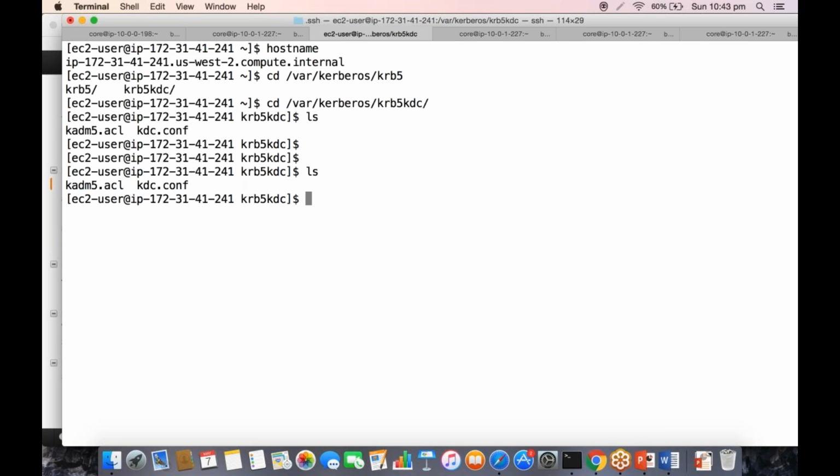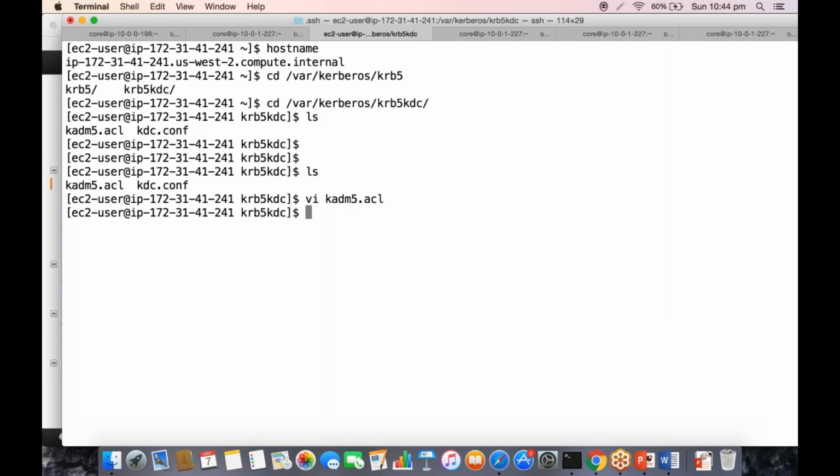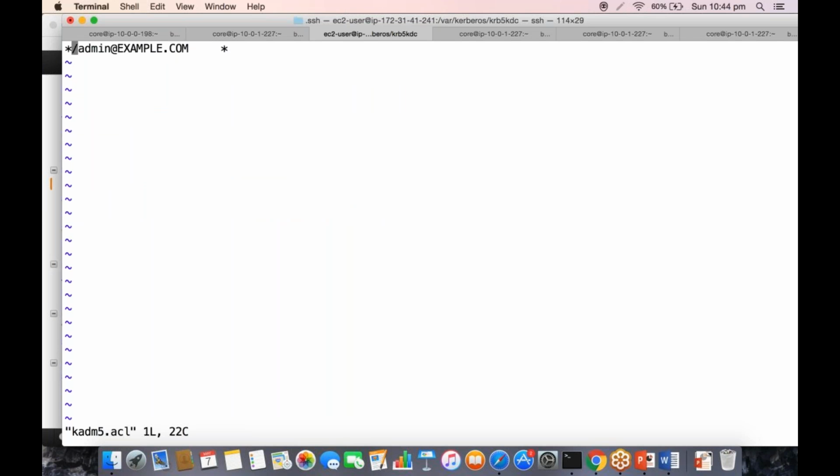And here also we have to be careful with the cases. There are some places caps, there are some places small, so be careful with that. Okay, sudo vi. So here, if you see, it's example.com, which is your domain, and in our case it's compute.internal. And the same case, please maintain the same case. Okay, so compute.internal.